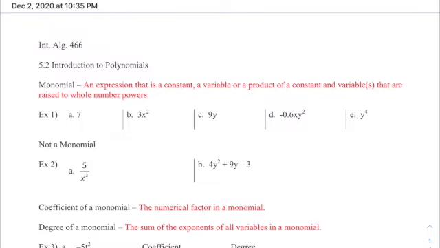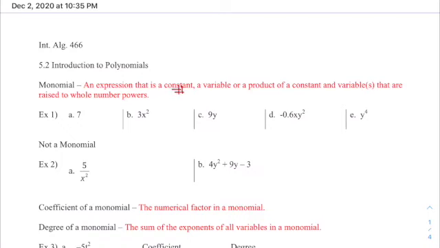So first thing is a monomial. Think about the monorail from Disney. If you've seen one of those trains around Disney World, that's called a monorail. And monorail means you only have one track, so mono means one. And a monomial is an expression that is a constant, which is a number,